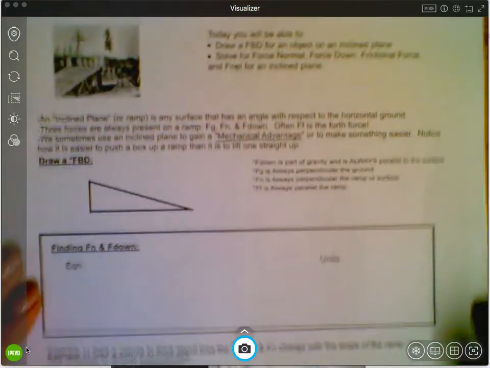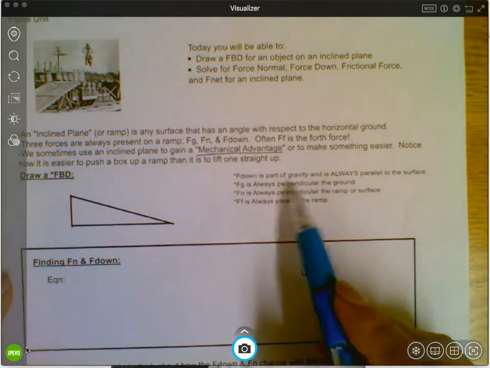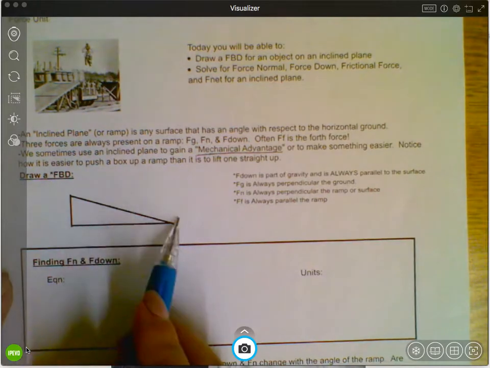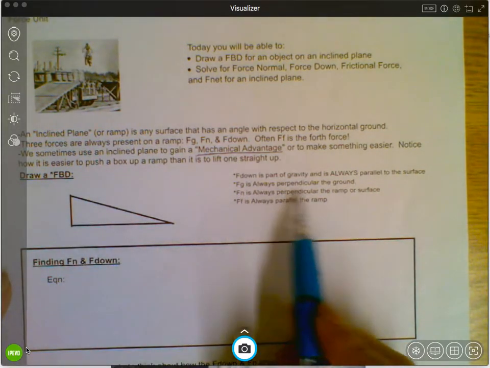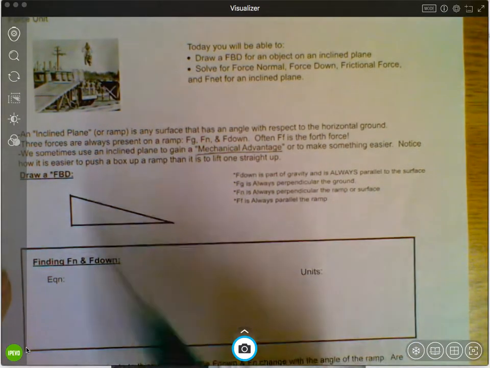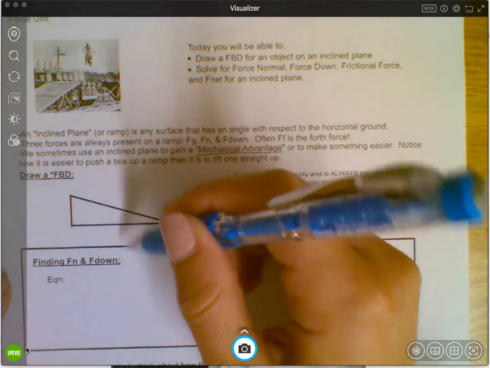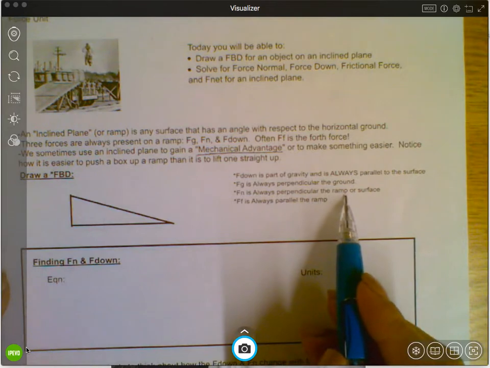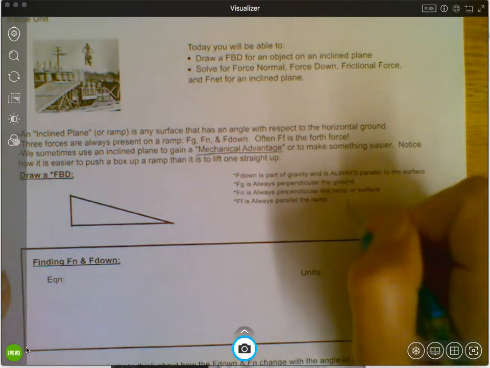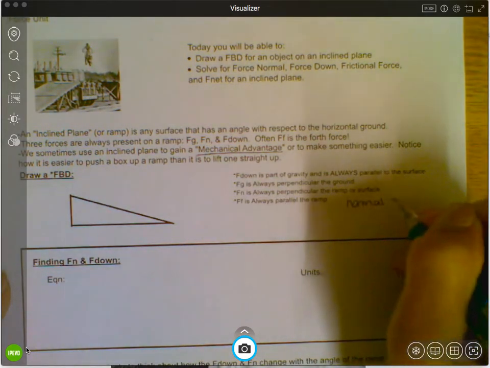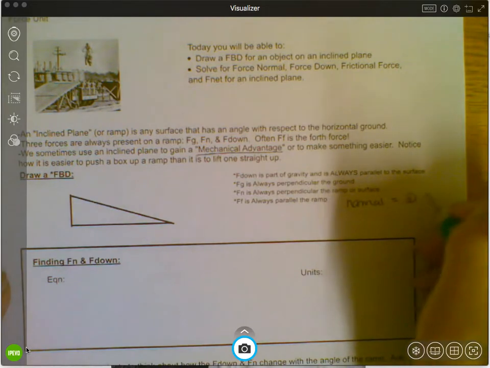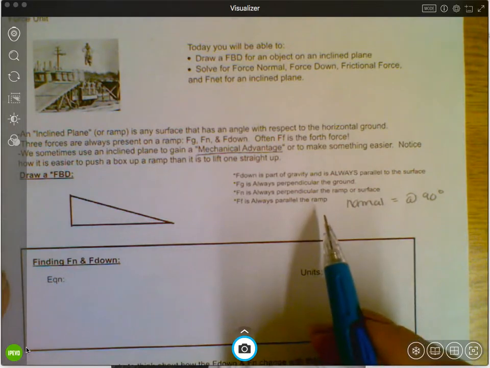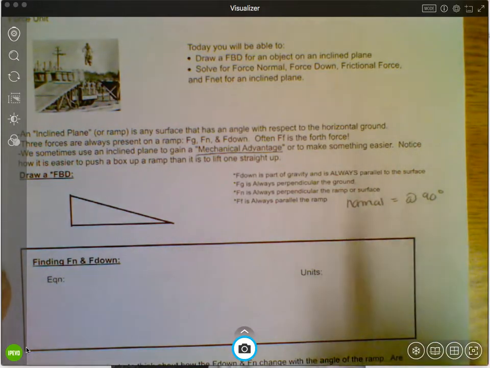A couple notes about the forces. F down is part of gravity and is always parallel to the surface. Okay, it will go parallel to the surface. Gravity is always perpendicular to the ground, so gravity always goes straight down, okay? Normal force is always perpendicular to the ramp or surface. Remember, normal in math means at 90 degrees, okay? And the friction is always parallel to the ramp and usually in the opposite direction of the normal, or sorry,